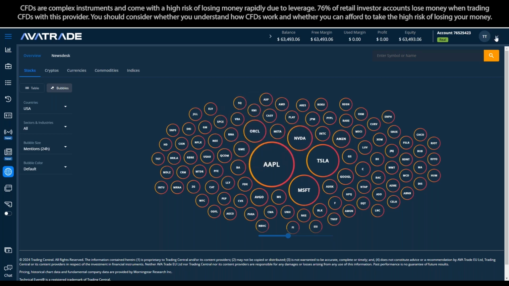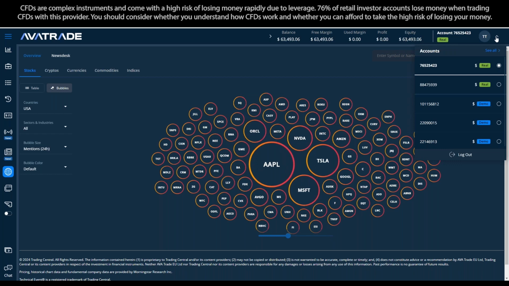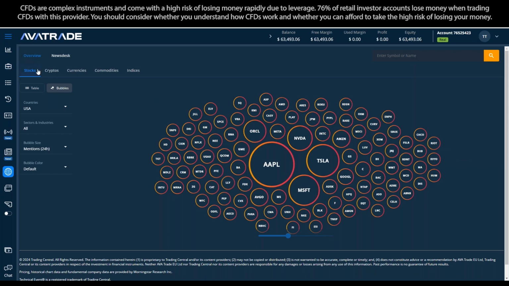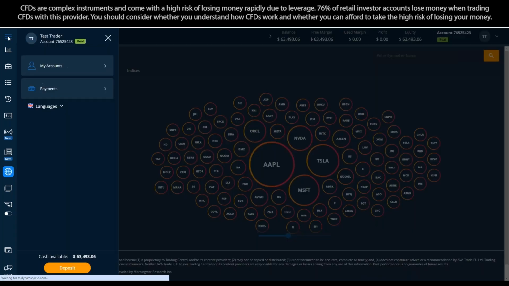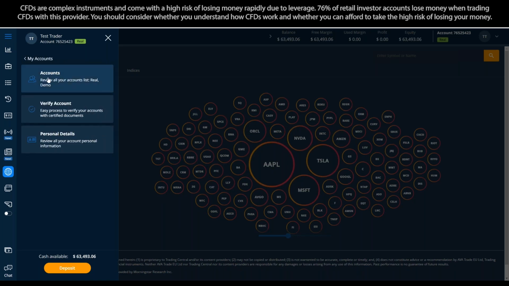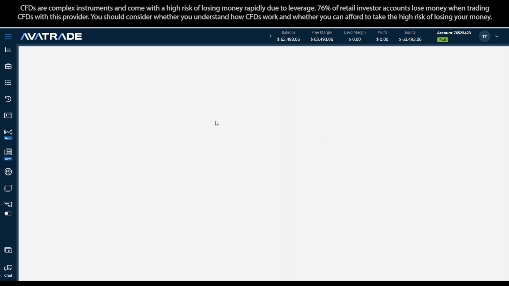So you could switch between MT4 and MT5 right up here. Okay, I can switch. Here's my MT4 account. Here's my MT5 account. So if you search for something that you find here and it's not in your MT4 account, well, add an MT5 account from your My Accounts section. That's over here. You click here, go to your My Accounts. You can then go to Accounts, and you can add